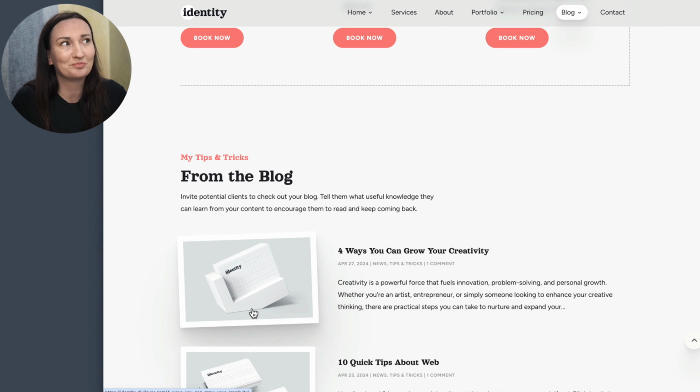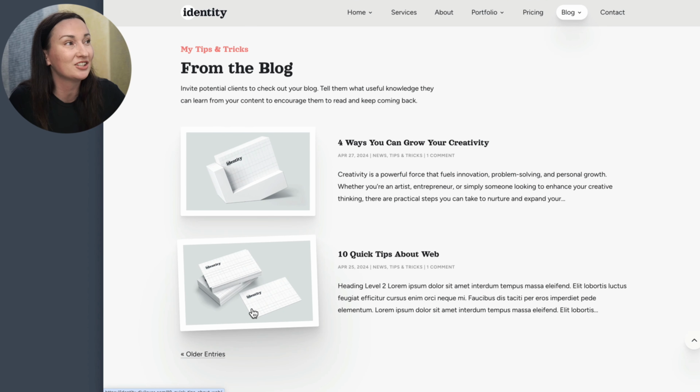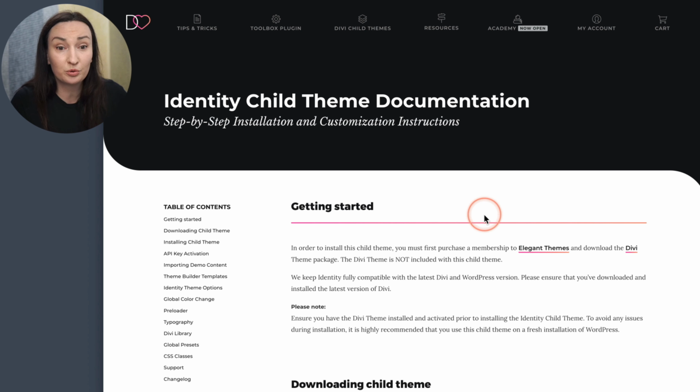Now, the best part about this child theme is something you can't see on the demo page, which is how easy it is to install and edit all the content here. And before I show you how we can install it and customize it, let me show you our documentation page, because everything that I'll be showing you is also included here